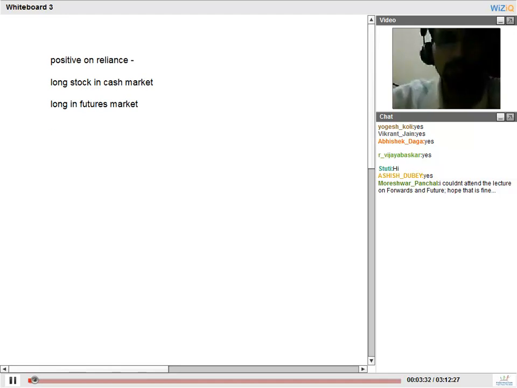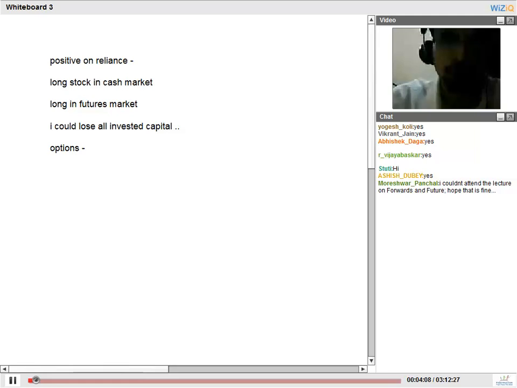However, both these strategies expose me to the downside risk. That is, if my understanding is wrong or my view goes wrong and the stock actually corrects, the stock can go down in the worst case to a price of 0. I will lose all my invested capital. For investors who have a positive view on the counter but do not wish to take so much downside risk, there are instruments available called options.